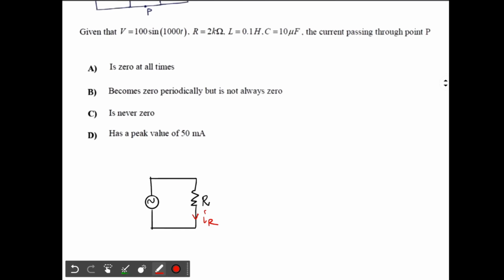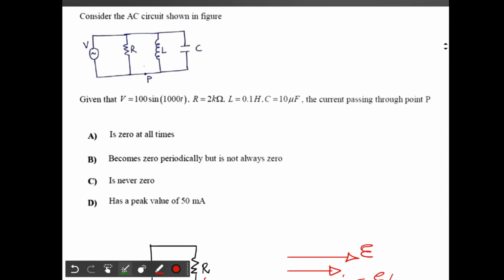That's very easy to calculate using the phasors. If this is my phasor for the supply EMF, then the current through the resistor will also be in the same phase as the EMF. So this is IR and that will be equal to E by R. And let's calculate the values.